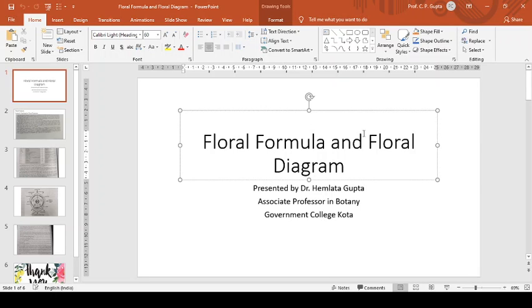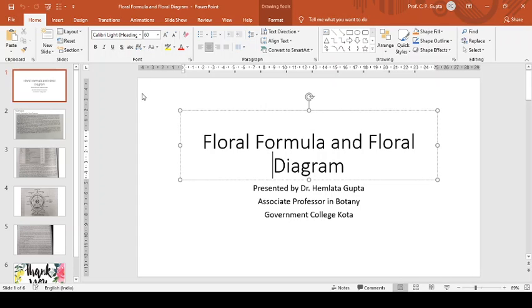Today we will discuss floral formula and floral diagram. फ्लोरल फॉर्मूला और फ्लोरल डायग्राम की जरूरत हमें कब पड़ती है जब हम टेक्सोनॉमी में फ्लावर का डिस्क्रिप्शन करते हैं। और ये टेक्सोनॉमी का बहुत इंपॉर्टेंट प्रैक्टिकल पार्ट है जिसमें हम फ्लावर डिस्क्रिप्शन देखते हैं।